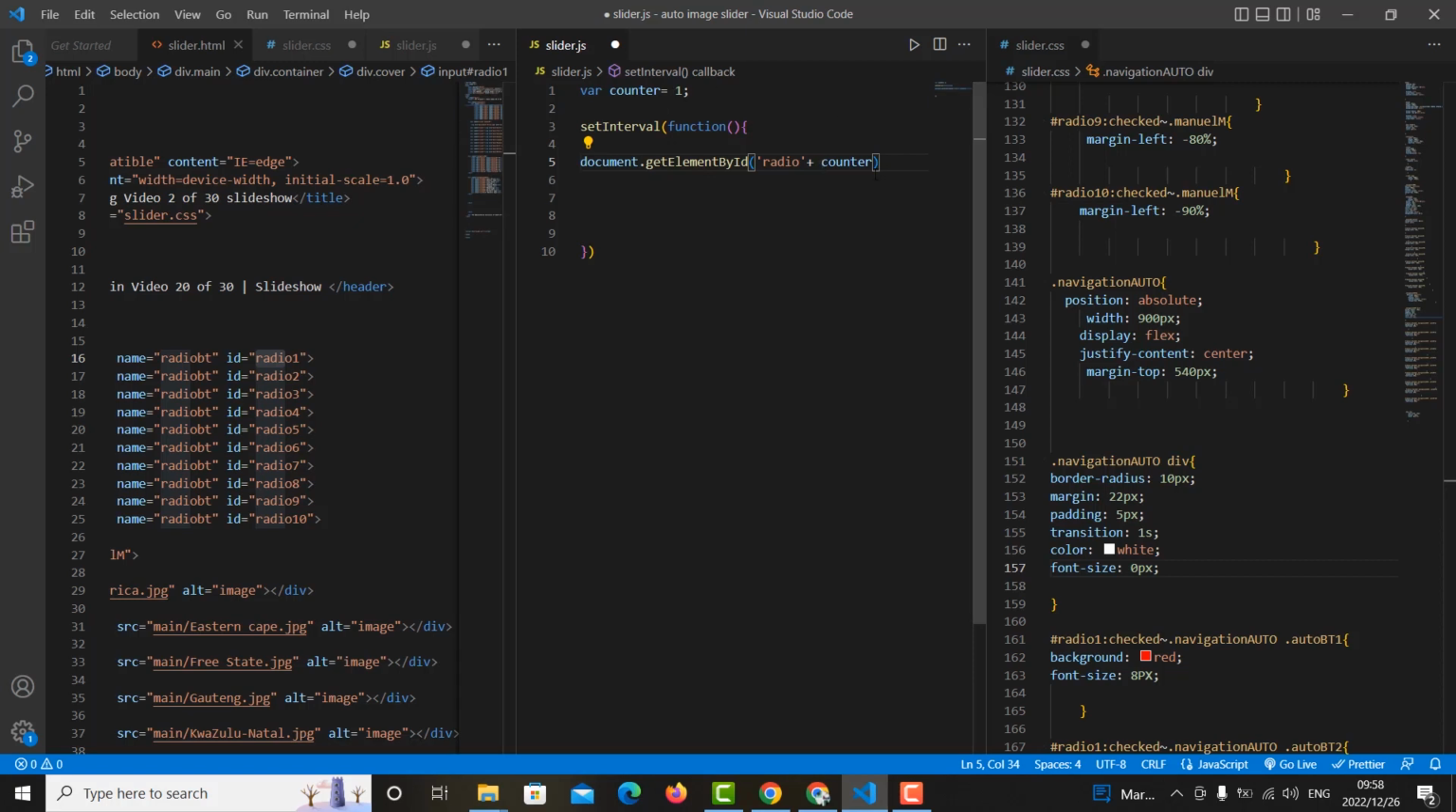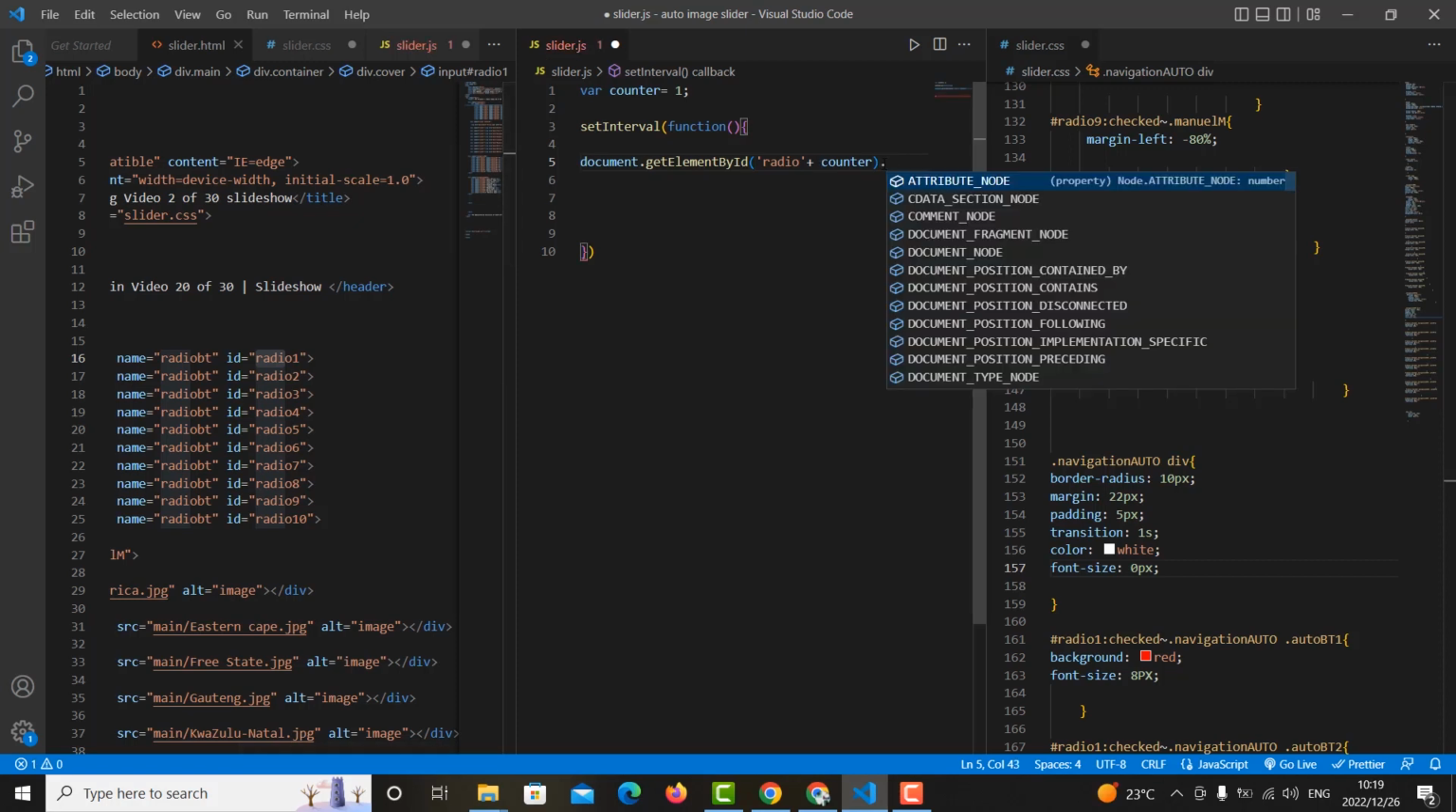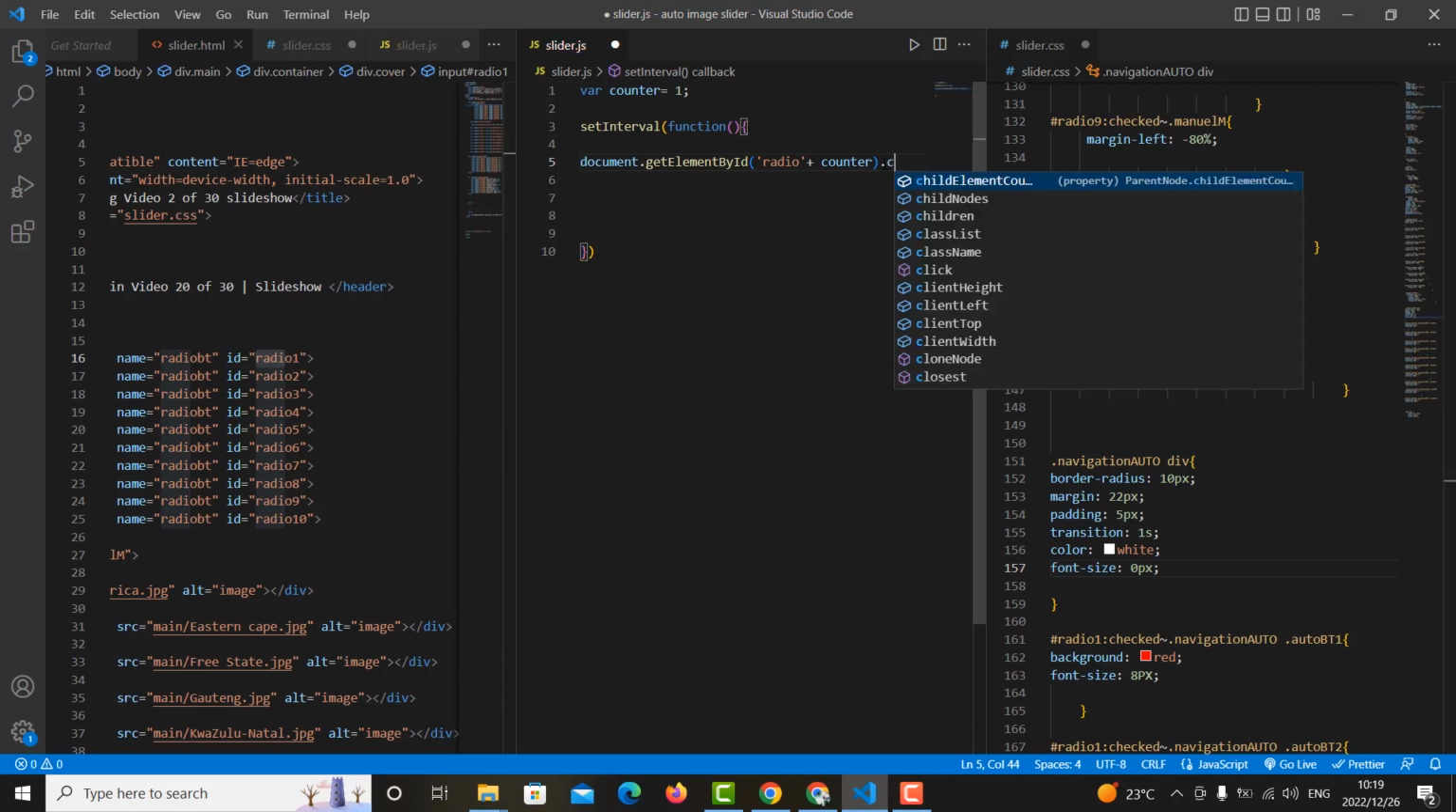Now, when I'm going to increment the counter, then automatically, if the counter is 1, it gets radio 1. If the counter is equal to 2, it's going to go to 2. If the counter goes to 3, it's going to 3. So what I'll do now here, I'm going to come down. It's 2. So we say dot checked